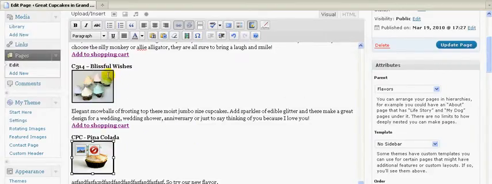So the border looks different only because it's selected. You can see how I'm changing those. When I'm not selected, they all look the same. So now, I'm going to update the page,